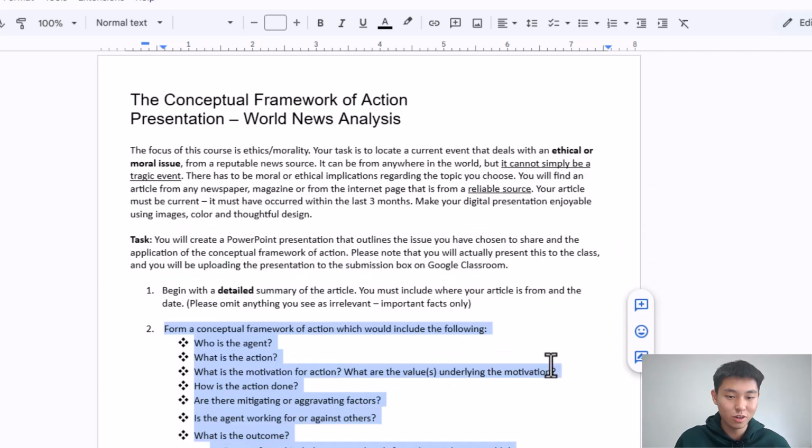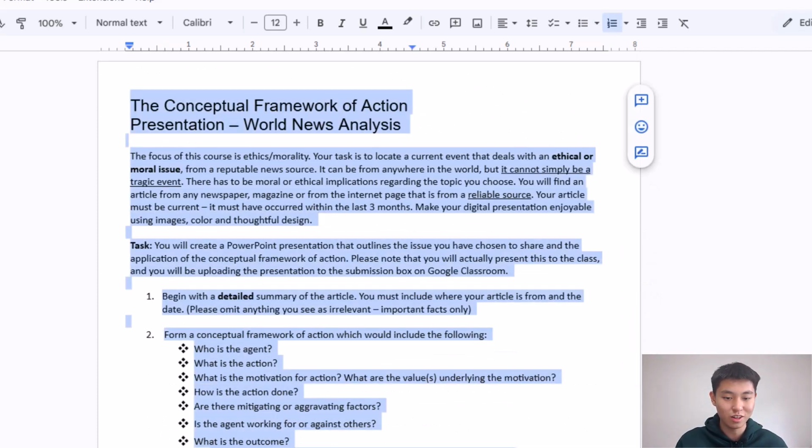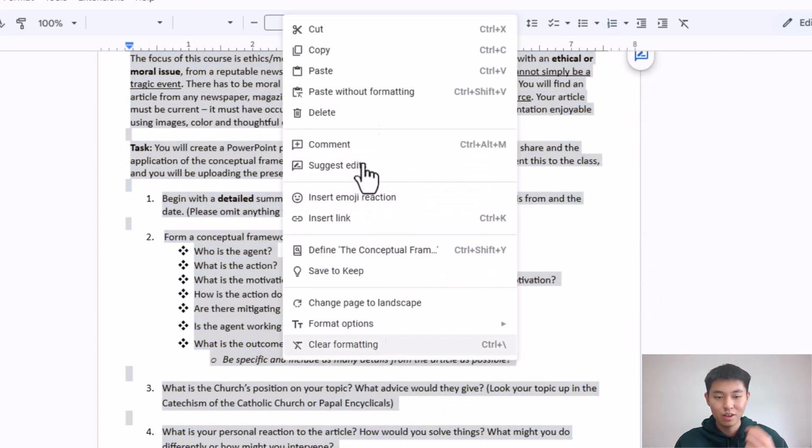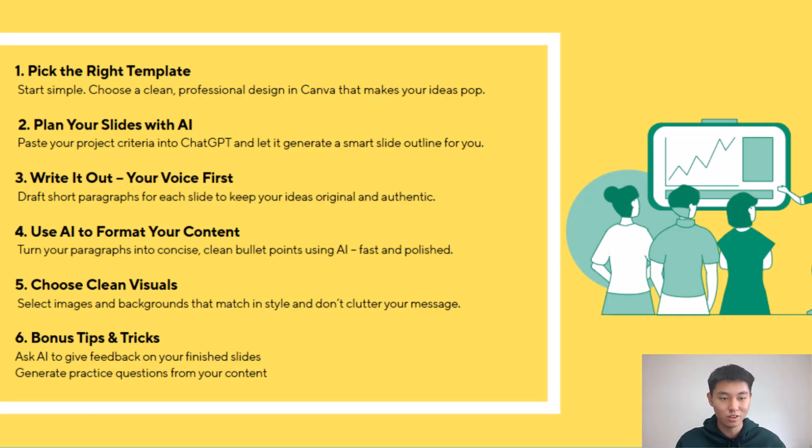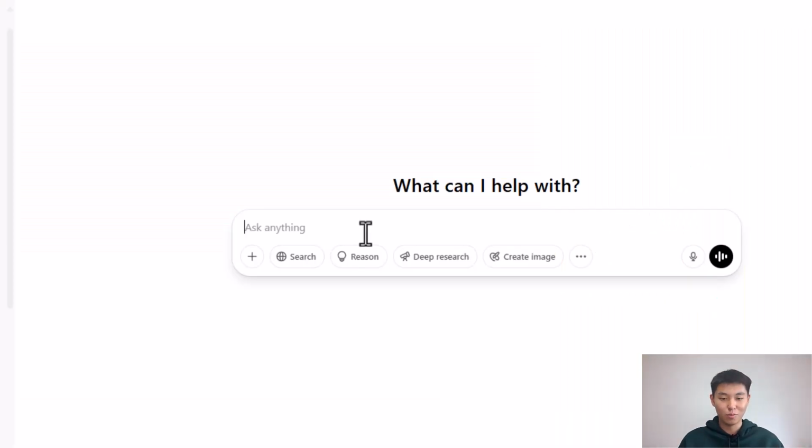So what you want to do is just go ahead and highlight this whole document. If it was a PDF, you can just download it, right? And you can just import it straight into ChatGPT or an AI. So right here, what can I help you with? Well, today I want you to help me with